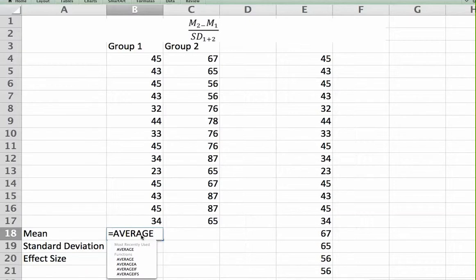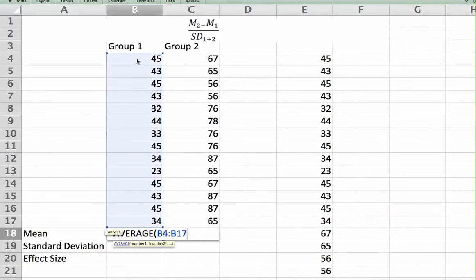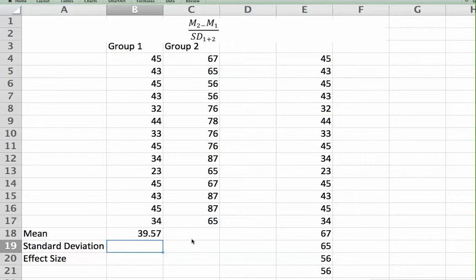And then we have to tell Excel what numbers we want it to average. So once you type in the command that you want it to perform, then you hit the open parentheses, and then you click and drag over the range of scores you want it to average. Now, you don't have to do that. You could actually type in these cells, B4 to B17, or you can just click and drag. So B4 to B17, close parentheses, and that gives you the average of that